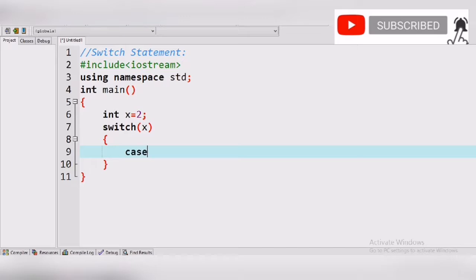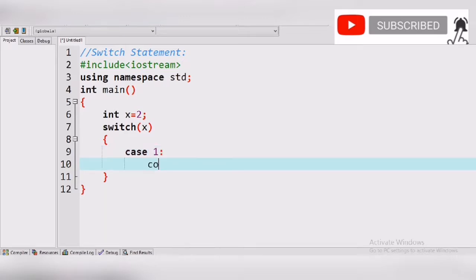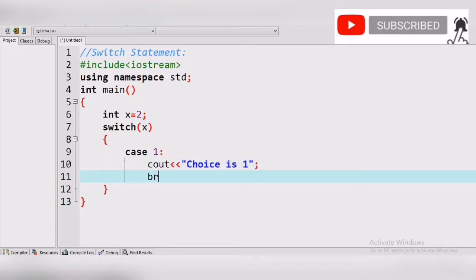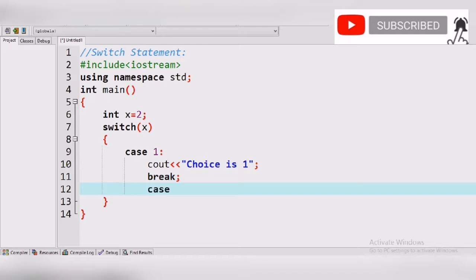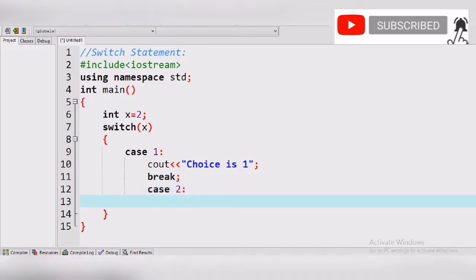We use case 1. In case 1, the switch statement checks if the value of x is 1, then show the output "choice is 1". Okay, break. If case 1 is false, then go to case 2 and check if the value of x is 2, then show the output "choice is 2".